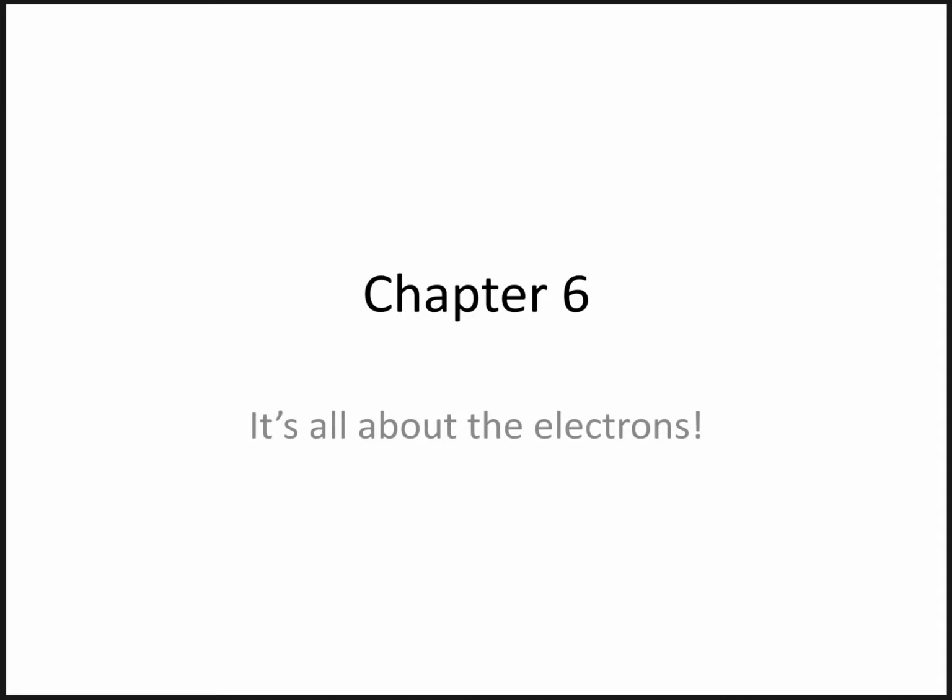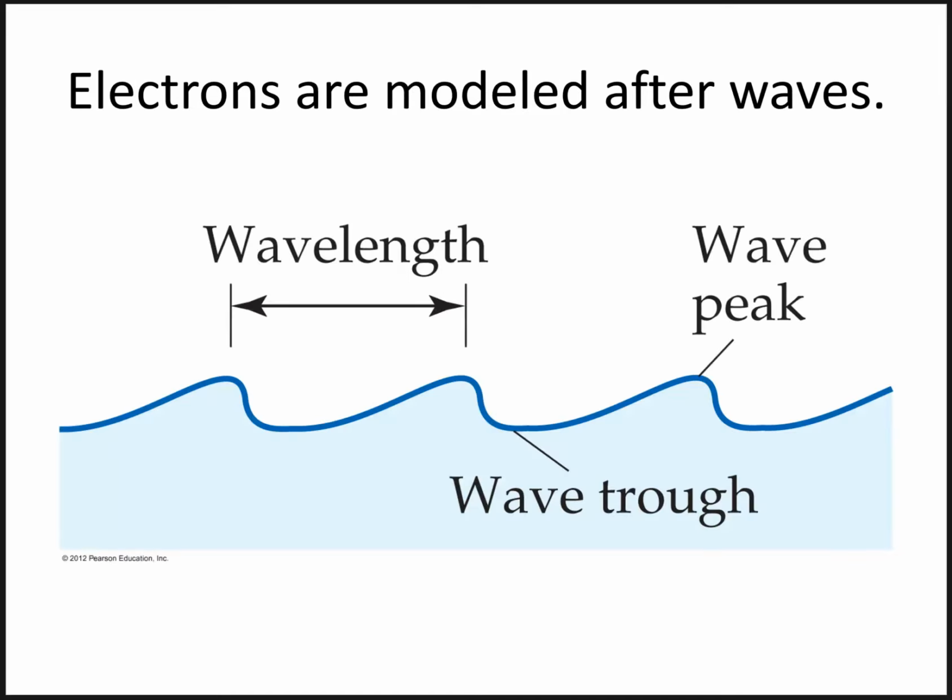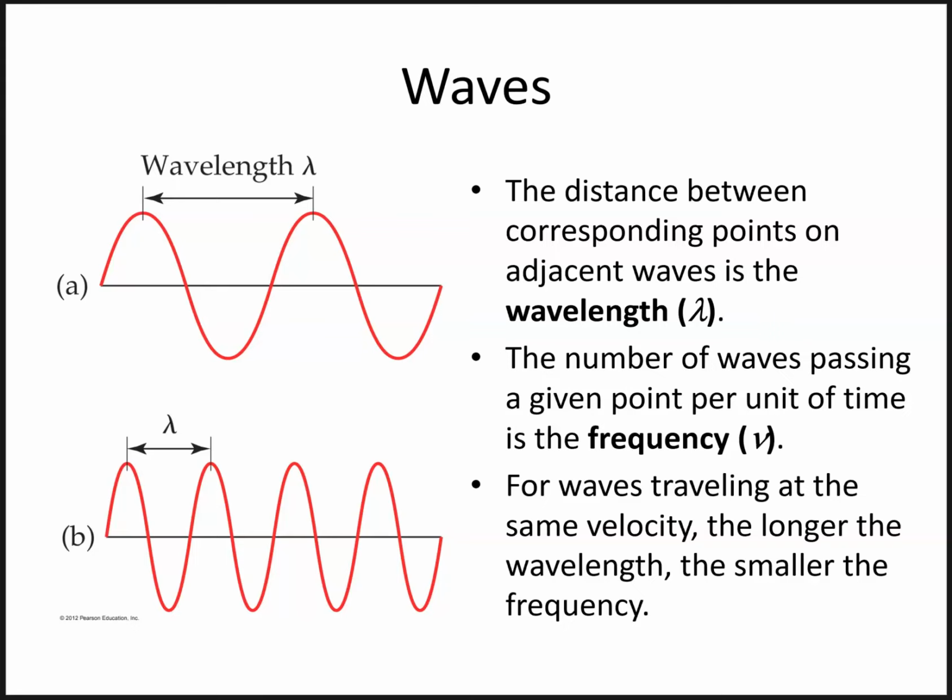In this video, we're going to talk about the early models of the atom. The first thing we need to understand about the atom is that the arrangement of electrons resides outside of the nucleus and behaves in a wave-like manner. And if you want to think about waves, waves have wavelengths. So if you're at the ocean, it's basically the distance between the top of two waves or the bottom of two waves. And when we talk about waves as it applies to electrons, we always report the wavelength as lambda